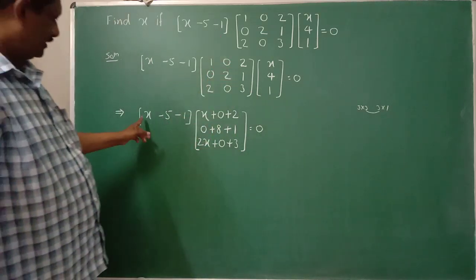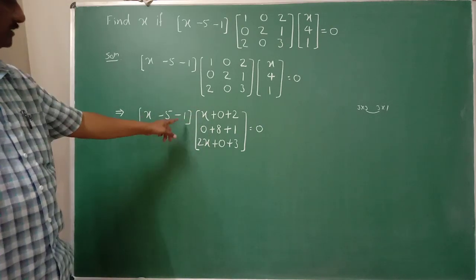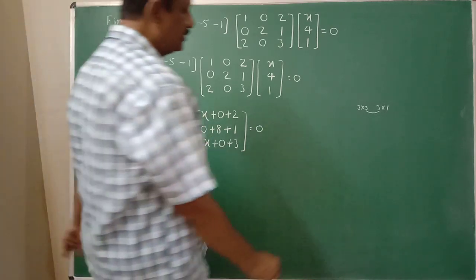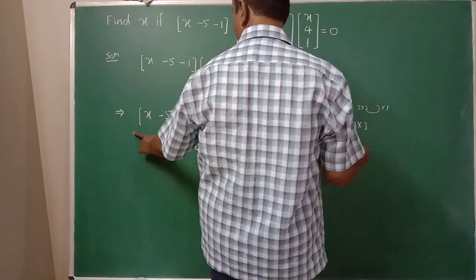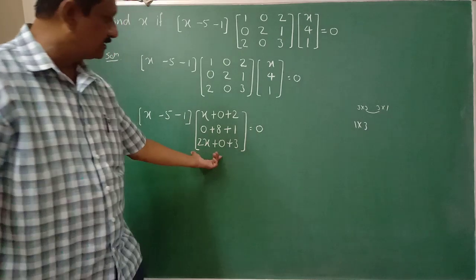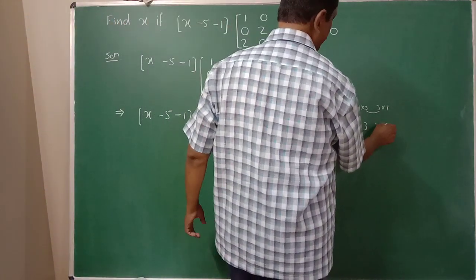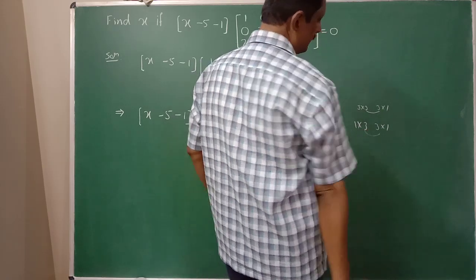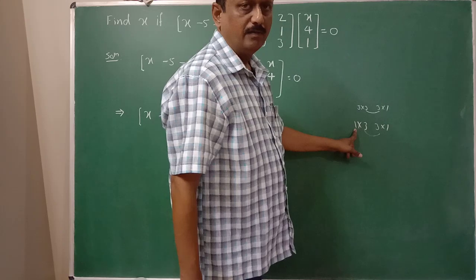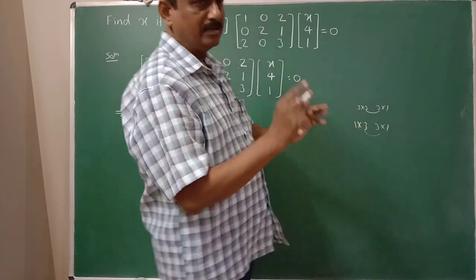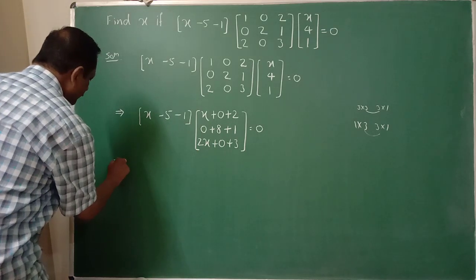Then it is a row matrix and it is a column matrix. So this is a matrix of order 1 into 3, and it is a matrix of order 3 into 1. Again these two are the same. After multiplication you will get a matrix of order 1 into 1, which means a single element. Therefore this implies